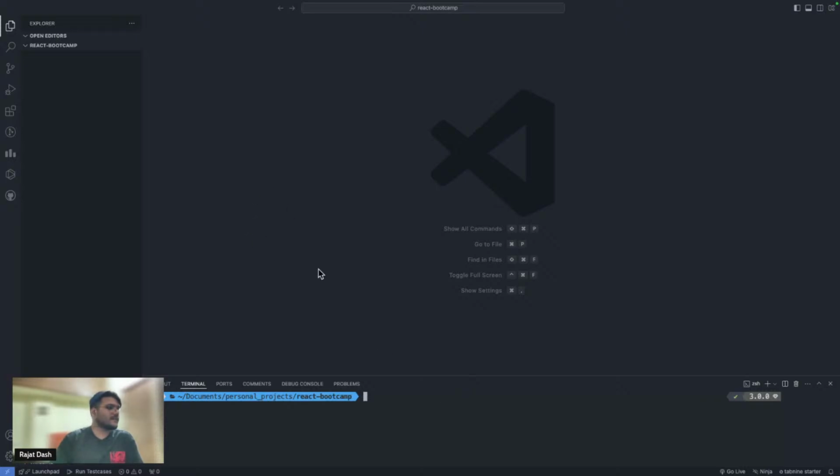Okay. And to get started with, I will write a command called npx create-react-app and my application name, whatever I want to give my application name. For example, for this, I will say react-basic, right? Now let's understand this command first.